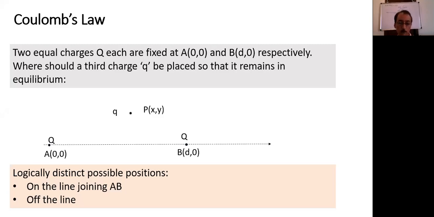Let's say this is the point P. Charge q is now placed at a point which is not on the line AB. Perpendicular bisector? Can it be 0 on the perpendicular bisector? It can't. There's a force downwards. That's what you have to check. I said, what are the logically distinct possible options? I divided the space into on the line joining the two charges and other than those points. I have taken a general point P, which is not on the line, with coordinates X and Y. Can the force be 0 at this point here?